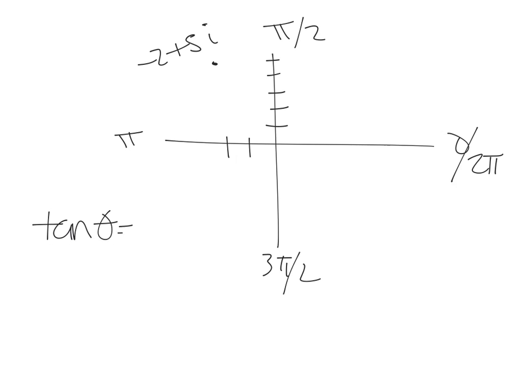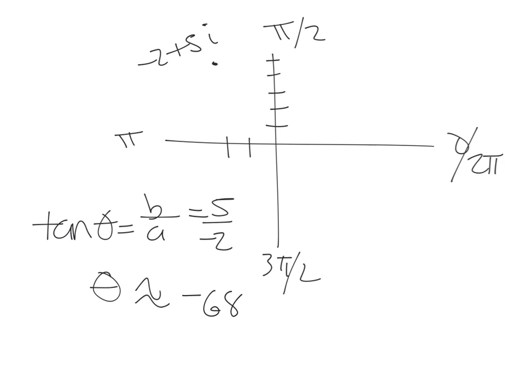Tan of theta, remember, is sine over cosine, or if I'm going back to that triangle, b over a. So in this case, it's going to be 5 over negative 2. Theta is approximately arctan, put that in your calculator, and it's approximately negative 68.199 degrees. So now we have theta,